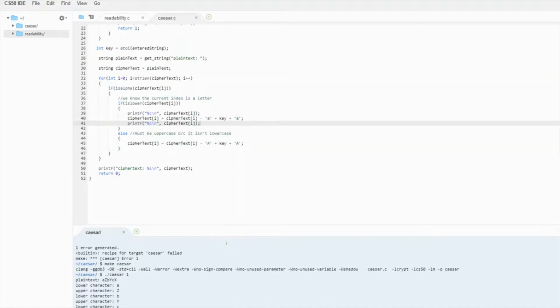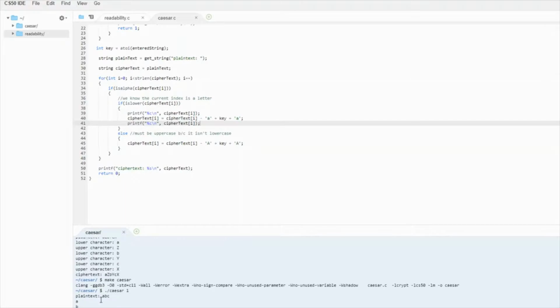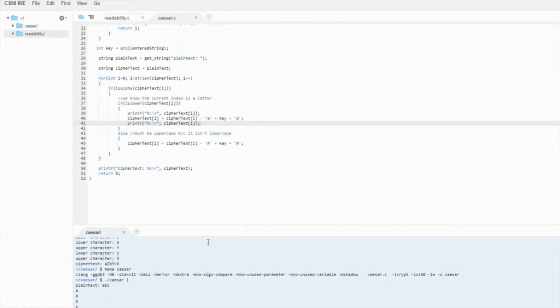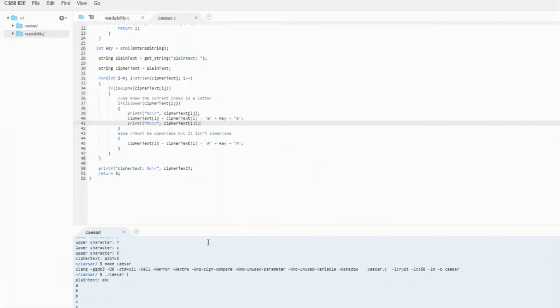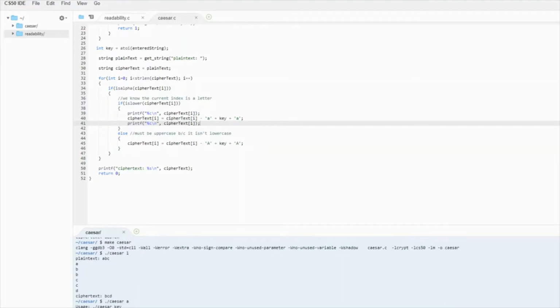So let's pass in a 1. Let's just say A, B, C. So we can go through, we can see A. Actually, that's a horrible example. Let me redo that. Let me make just an A. Oops, sorry. 1 and then A. So this A is up here at line 39, and the B is at line 41, and then it's returning this. The bottom one is being printed at line 50.